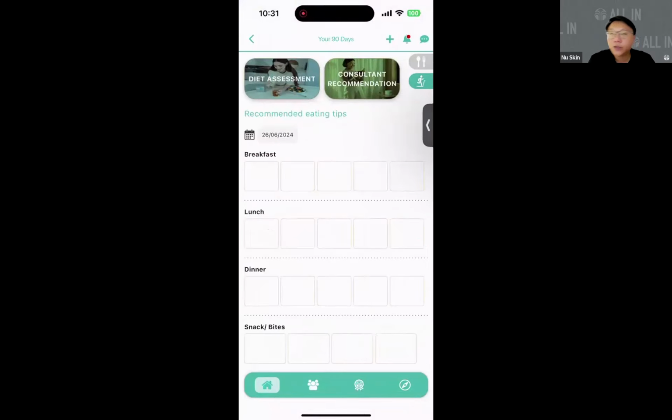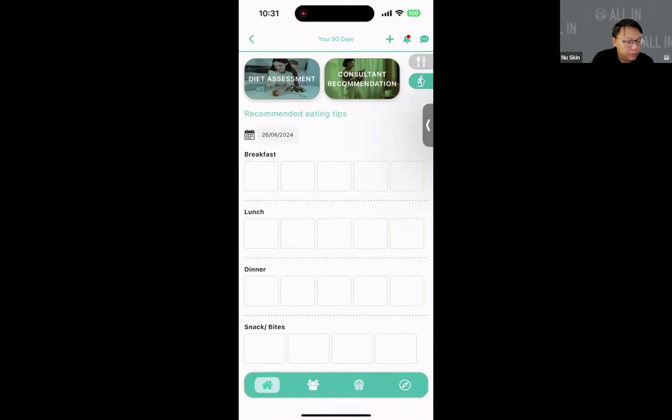So this is the page where you as a consultant or you as a customer are able to either advise or yourself record the daily meal plan. Same concept, you see the date on top, that is representing today's date. For example, I want to record a meal for breakfast.